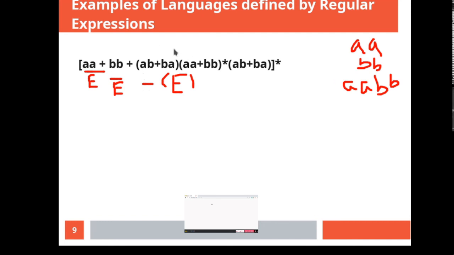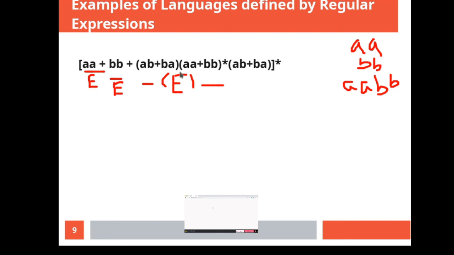So here you have chosen either an even number of A's, 2 A's together, or an even number of B's, 2 B's together. Now you choose AB or BA. This is not even, but if you form factors of this it will be even. After choosing this, you have to make a choice between AB and BA. Whatever you choose, if you have chosen AB and you choose AB again, this A will compensate for this A and this B will balance out this B. So again you have an even number of A's and an even number of B's. Had you chosen AB and now you choose BA, again this A will be balanced out with this A, and this B will be balanced out by this B. So again an even number of A's and B's.